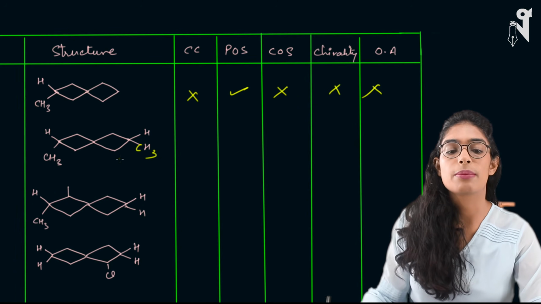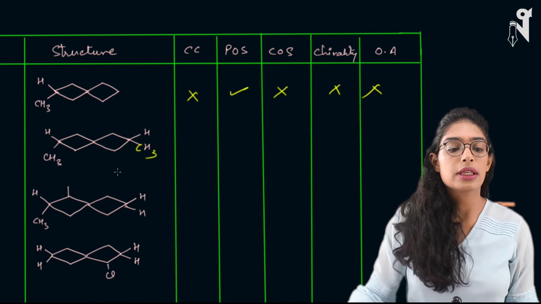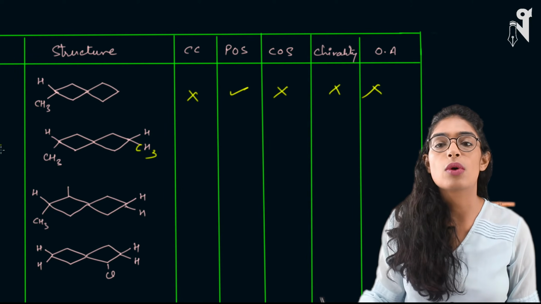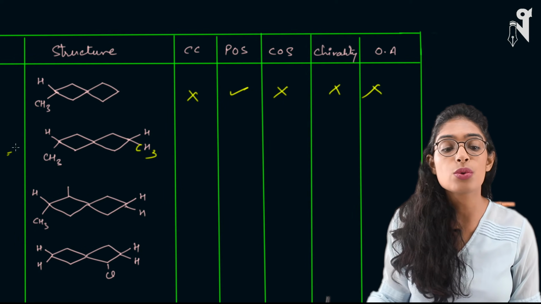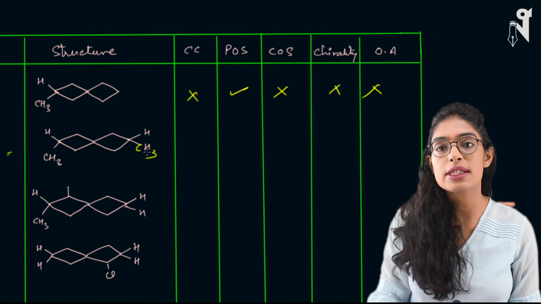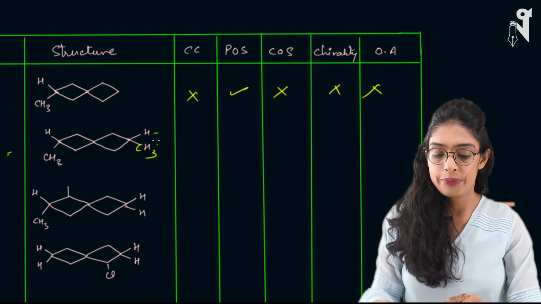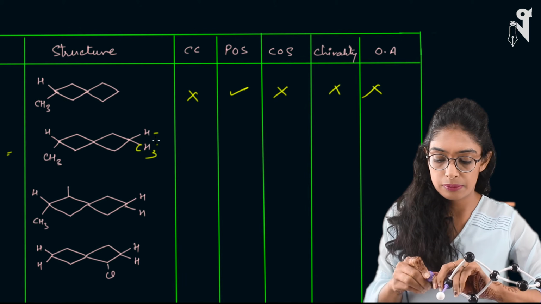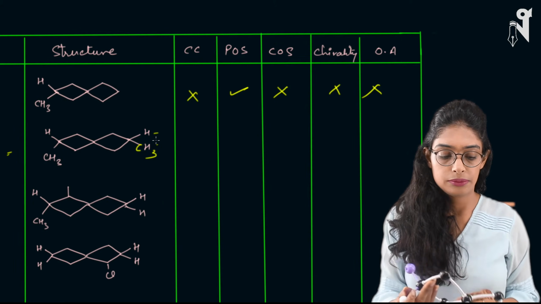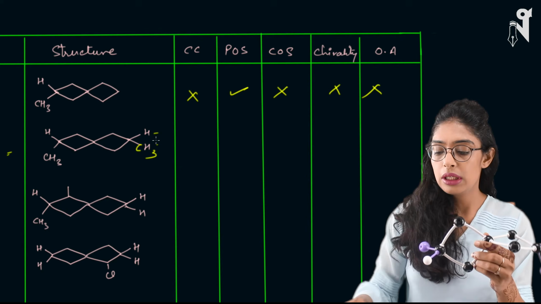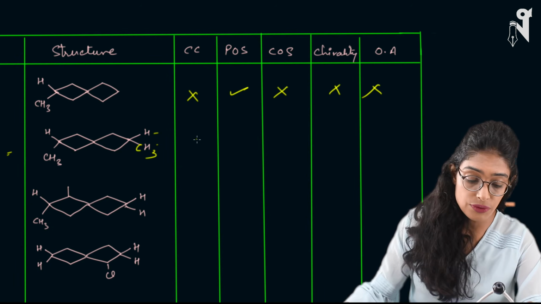So you'll have two different compounds. Now in the second molecule, I have made a change, and what we have done is, rather than two hydrogens on one side, we have one CH3 and one hydrogen. Now if I put one CH3 here, tell me, do we have chiral centers first of all?